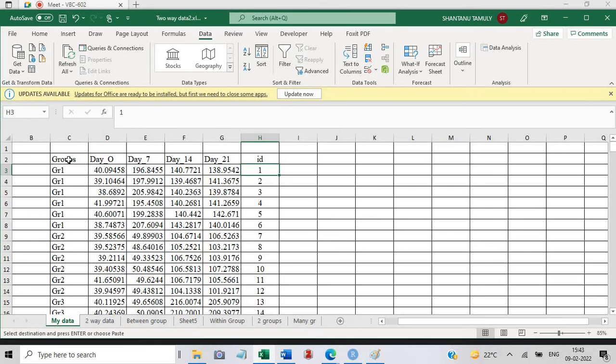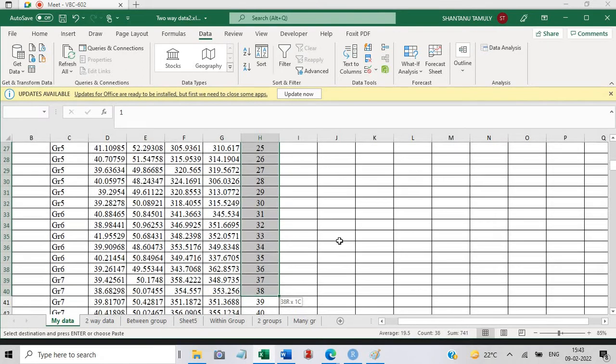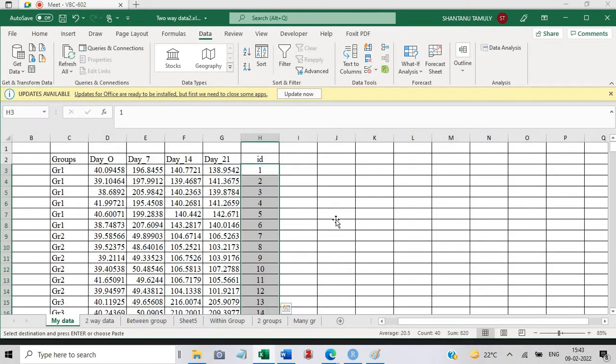Then here you write the groups. Remember, our software is very sensitive to caps and spelling mistakes. So you write the group as capital GROUPS. If you write a small g, it will show an error. In the ID, all letters, I and D, should be small. The other things are up to you how you write.